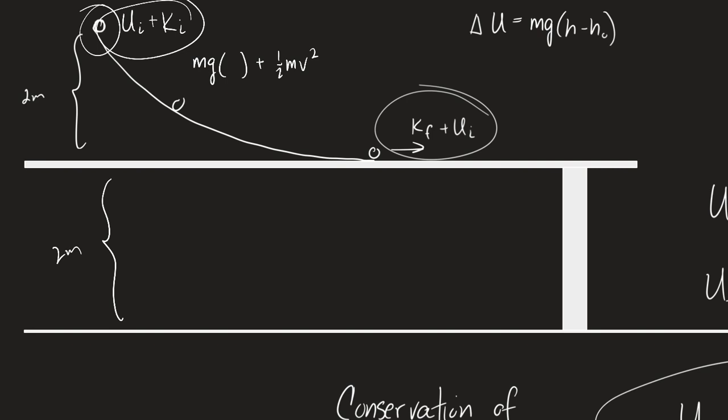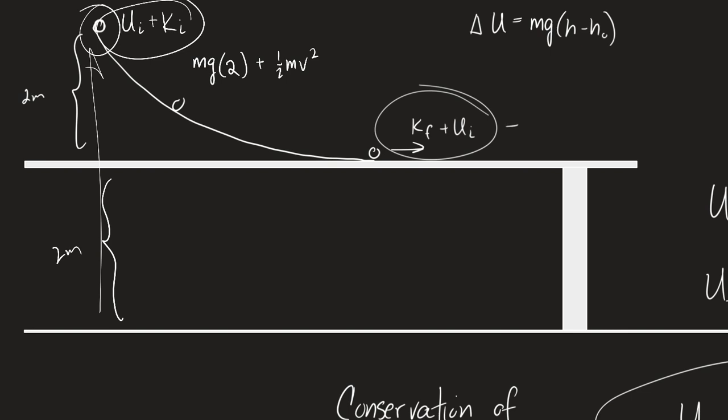Pick a reference level and stick with it. I would probably want to use 2 and say that my reference level is the table. That's the lowest point the ball can make it to. But it's an arbitrary choice. If I chose to make this 4, that's fine. It just means that when the ball makes it to the table here, it's still 2 meters above the ground. You pick a reference level and you stay with it for the whole problem. But if you want a hint on how to solve these problems, choose the lowest point the object is likely to make it to. I'm going to choose the table, and I'm going to say that this is 2.